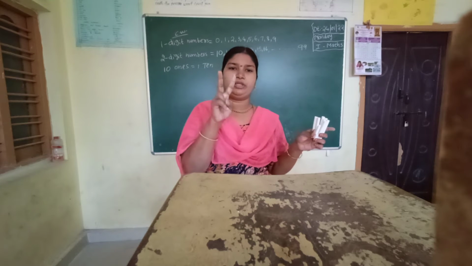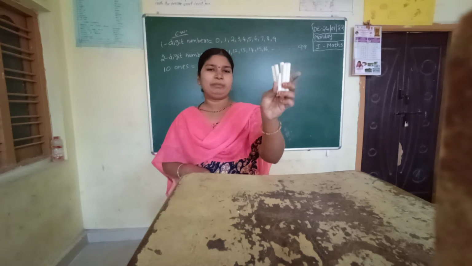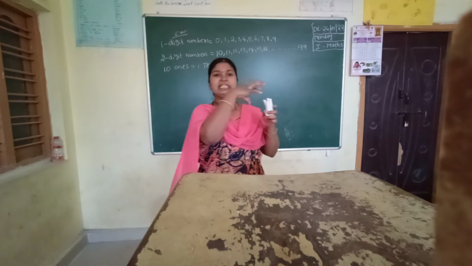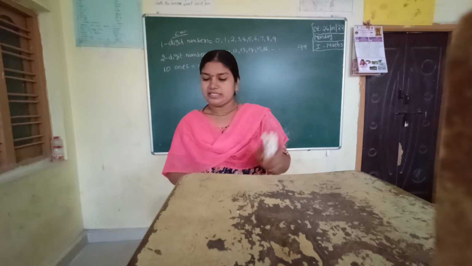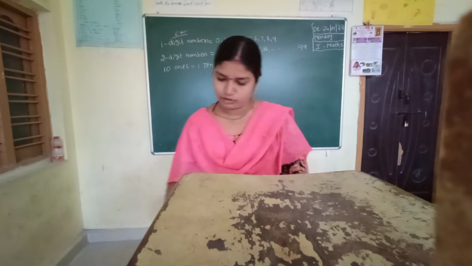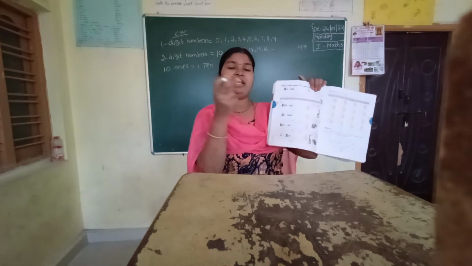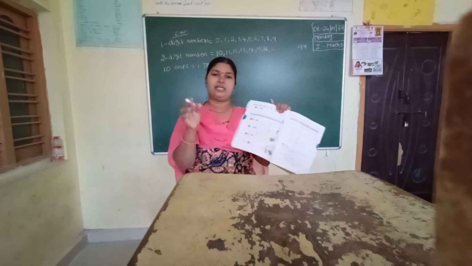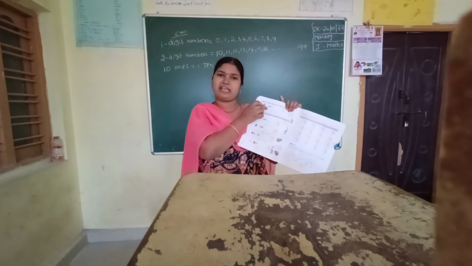In 10 we have two digits, 1's place 0, 10's place 1. It is known as one group, and one group is known as one bundle. Now, one bundle means you have to think that in it there will compulsorily be 10. How many chalk pieces are there in my hand? 10. Same like that, they have given 10 pencils as a bundle in your textbook, page number 66. See everyone, here one bundle is there, which means in that bundle you have only 10 pencils. They have given one bundle of pencils and two pencils separate.